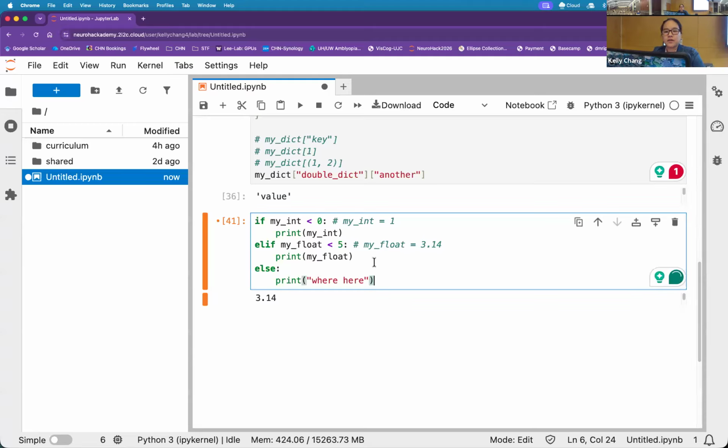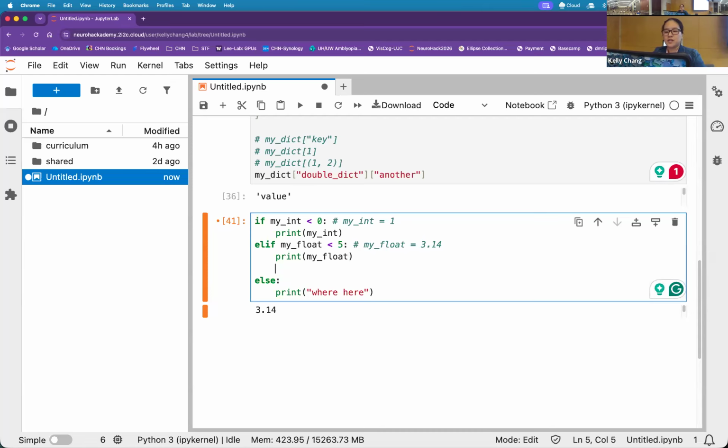So if everything fails, then we will actually end up in the else bucket. Do you always have to have an else with your if statement? No. Do you always need an elif with your if statement? No. You can use as many or as few as you want. You can actually have many more elifs,